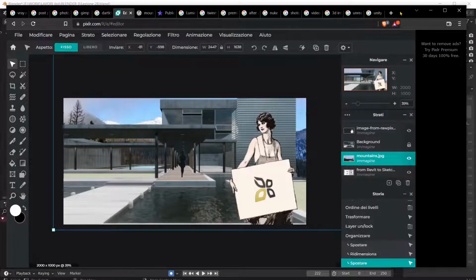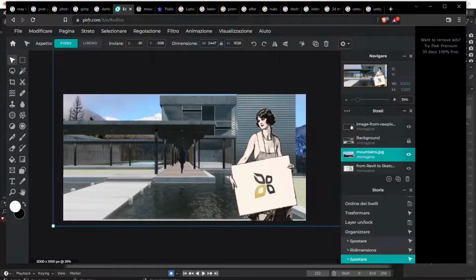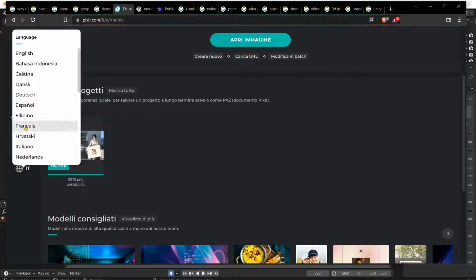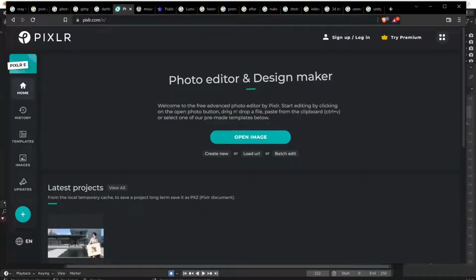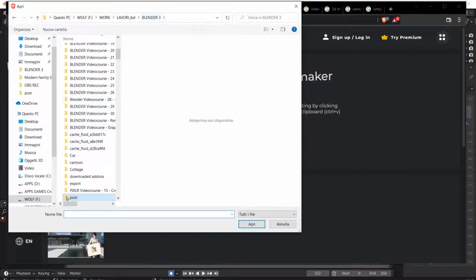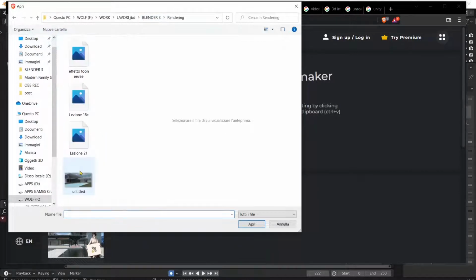Now, another option which I really find myself comfortable with is Pixlr, and this is a web app actually, so you don't need to download and install anything. You just go into the website called pixlr.com. Let me change here the language to English. Okay, so this is a pretty basic but really effective application that will help you to do really quick montages in just a few minutes. So if I go here and open the image, I'm gonna go to my folder where I had saved some of these renderings. So, well, in this case,